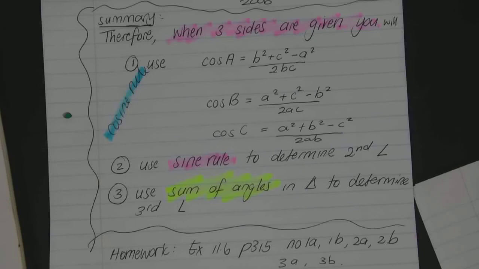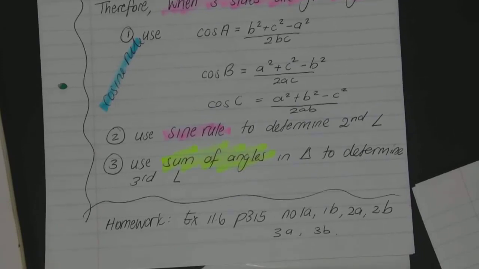Right, you are now going to work and you are going to do exercise 11.6. That's page 315, and you're going to do 1A and B, 2A and B, 3A and